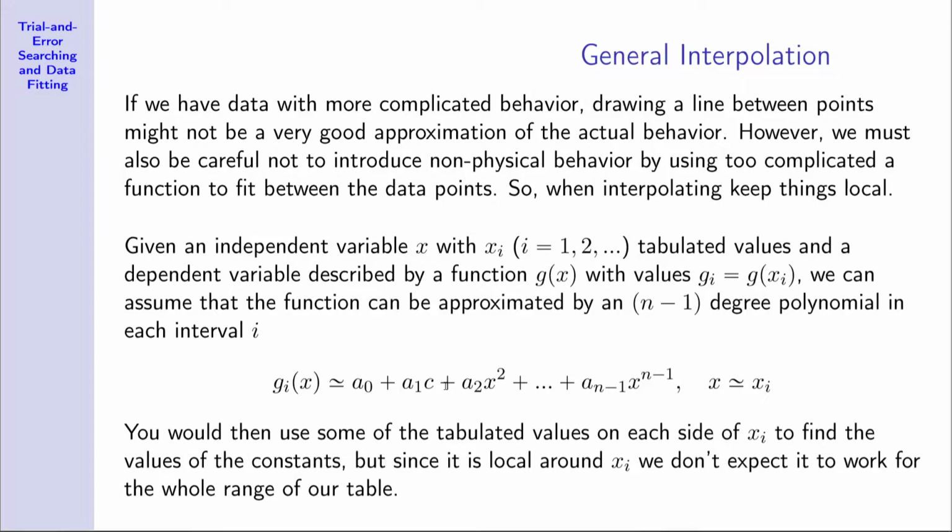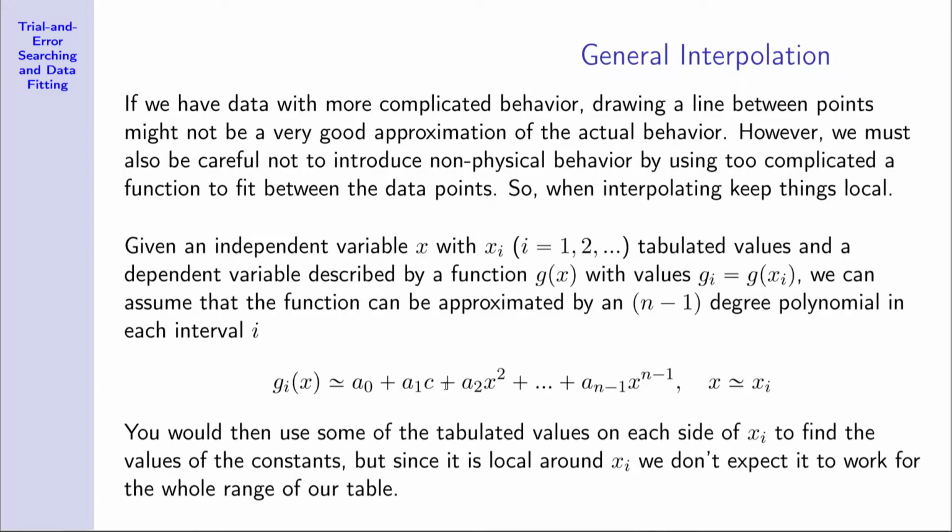And what we're going to do is try to find the closest tabulated independent variable that we have, and set up our interpolation so that the point that we're trying to get the value of is roughly in the middle of the points that we are going to use. And then we can kind of stay away from the edges